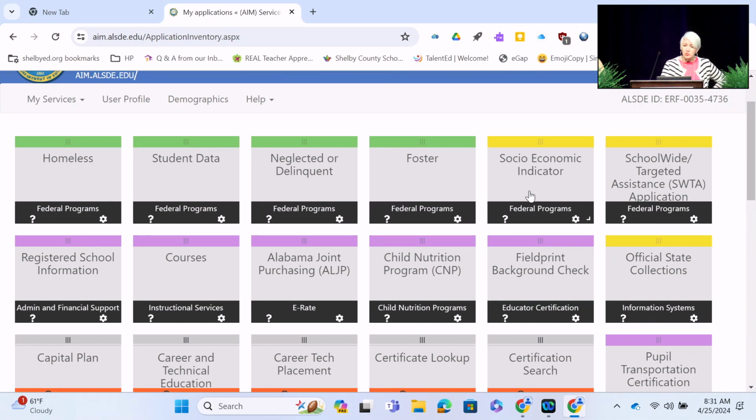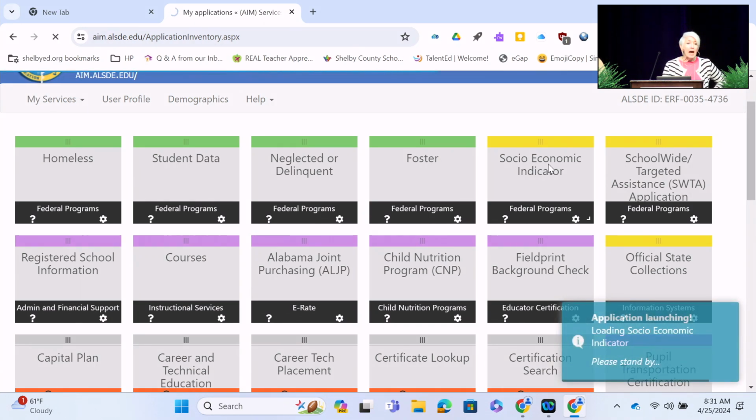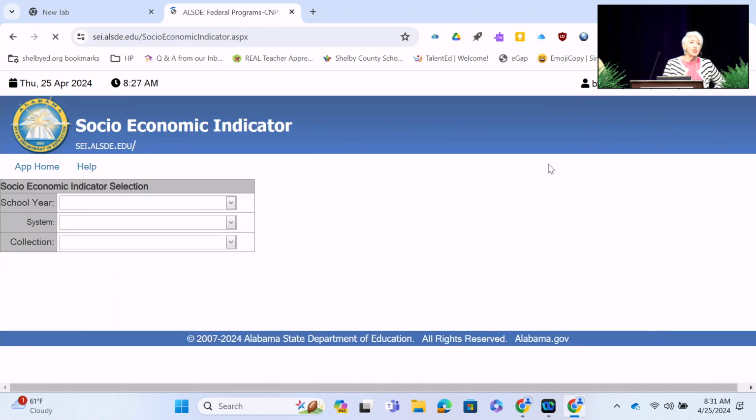One that I do use fairly often: when I first started in my role as federal program supervisor, I didn't really know, looking into the next year, which of our schools were going to be identified as schools that we'd serve for Title I-A. Well, then I found out this year, actually. Well, that should never be a surprise. I should already know this year. Last year, I was kind of surprised. I was blindsided. I had a school that showed up more than 75% poverty, so we had to serve them as Title I-A, but I didn't realize that until the spring. But if you go into your socioeconomic indicator, you can tell right now where your schools are